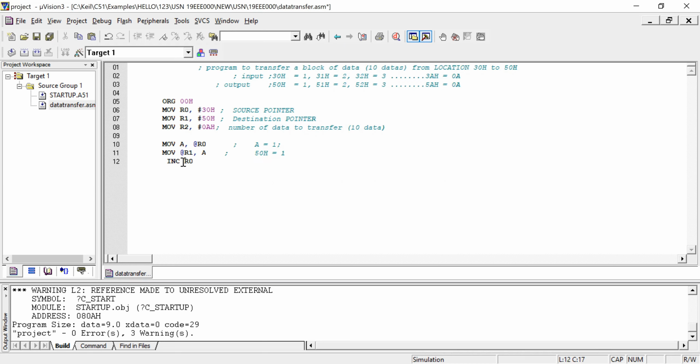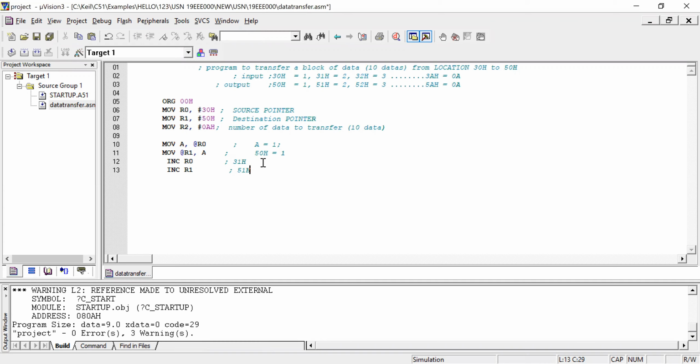So I have incremented R0. Now we are pointing to 31H. Now what is the data in R0? 31H is there. In a similar way, I am incrementing R1, so my destination location also increased.